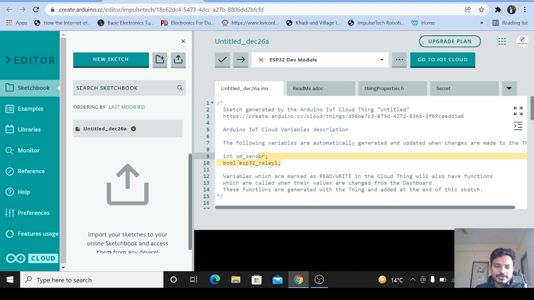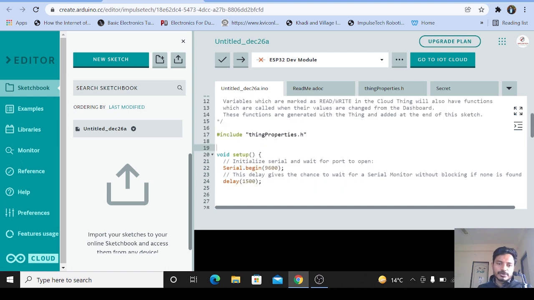Now here you can see the variables that we have added are already declared here. Now we need to monitor the sensor's data, and based on the sensor's data we need to control the relay. So let's see how we can do that. Here you need to declare that the relay is connected to pin number 4. So I write here relay1 = 4;